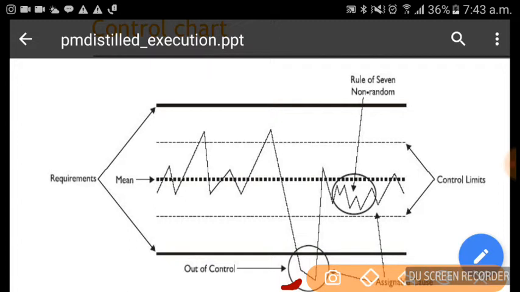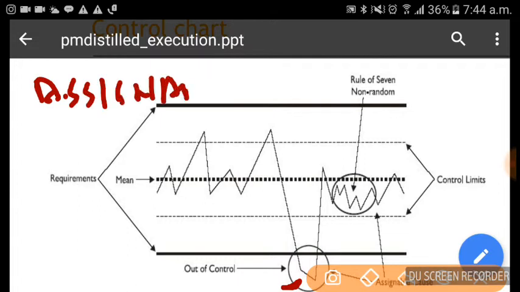So again we have to analyze why it is happening, and this can be because of two types of causes, assignable causes or random causes.